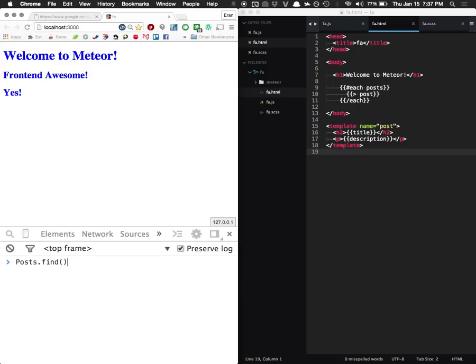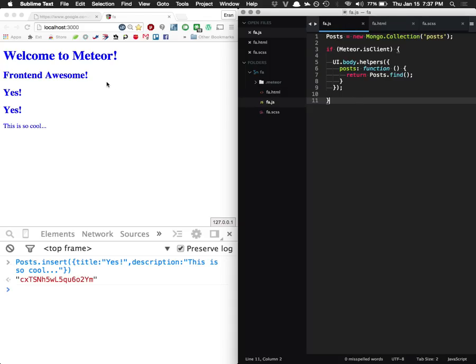But so going back to making our posts, we've got a title. Let's create a description on this next one. That outputs as well. So just like that, now we've got data persisting on the server and spitting right back out on the page. So right now we're creating these in the console, which doesn't seem like it's, you know, you could write a lot of things where you could put stuff in the console and it's going to appear on the page. So what you can also do is